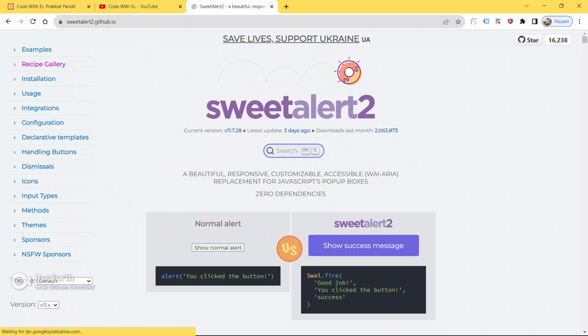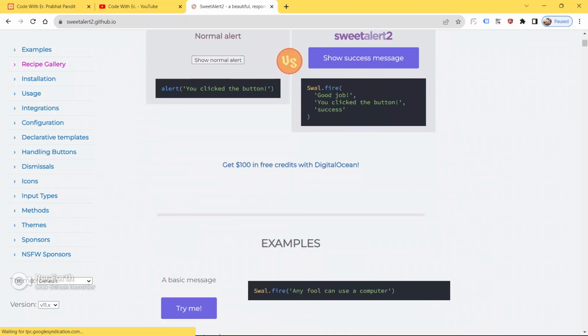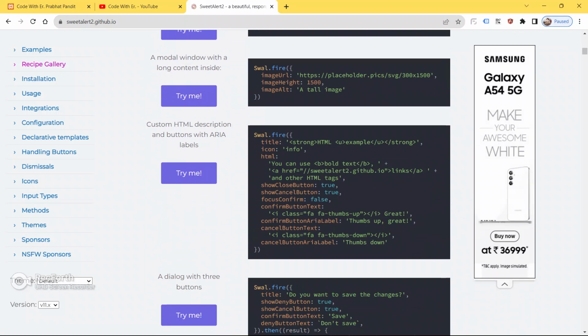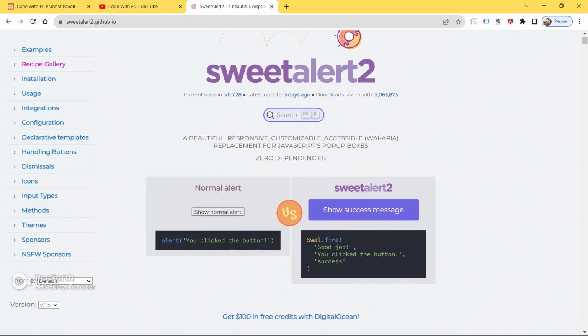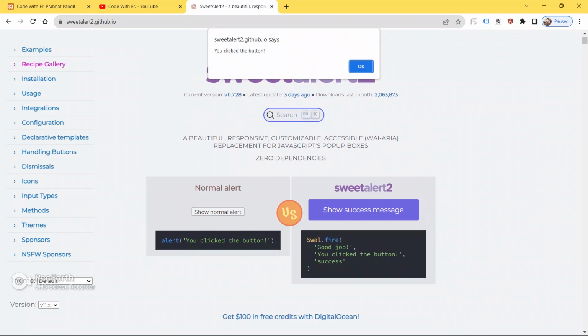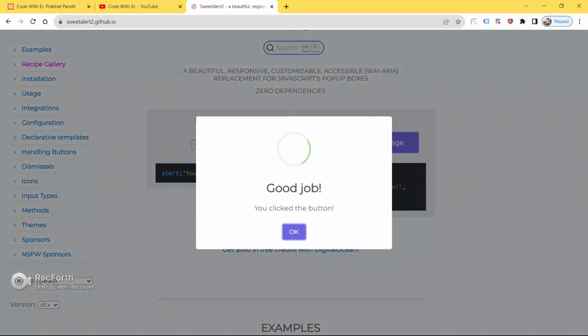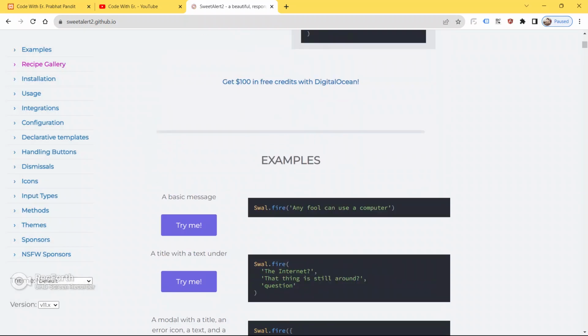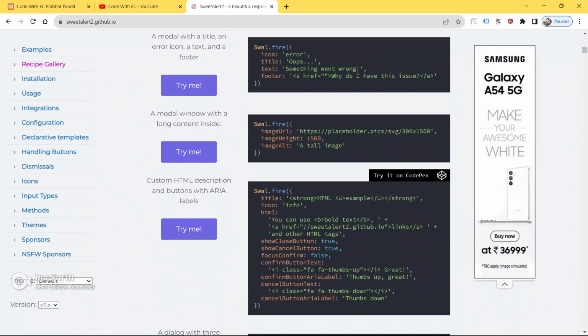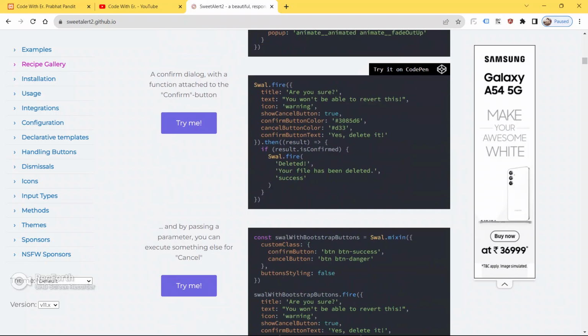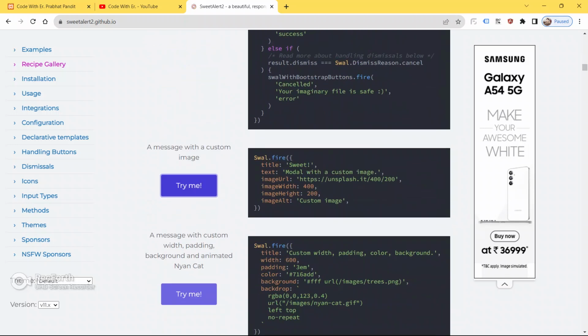So guys, in this video I am not gonna use a simple normal JavaScript alert, rather I am gonna use this alert, just to make our application dynamic and innovative as well. So guys, this is the normal JavaScript alert. I am not gonna use this alert. Rather I am gonna use this awesome and innovative Sweet Alert, so that I will be able to show all the details about the user.